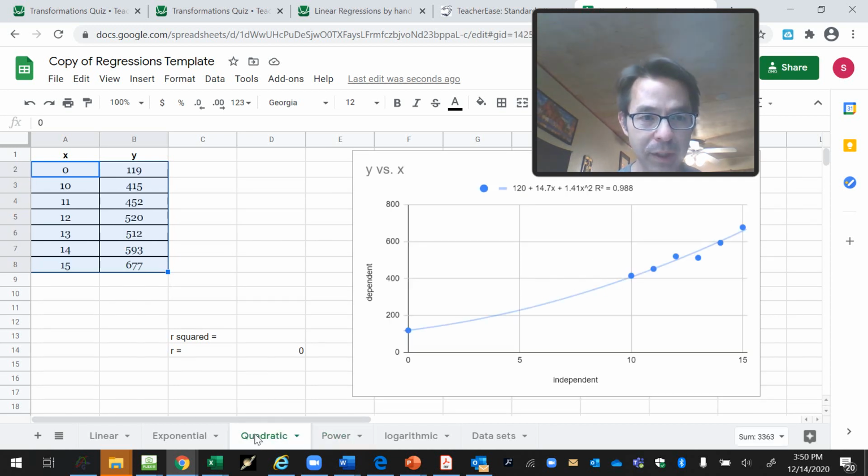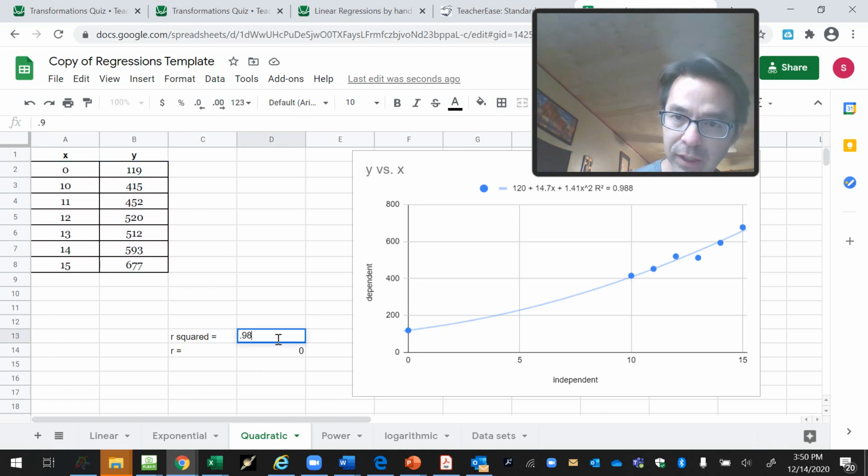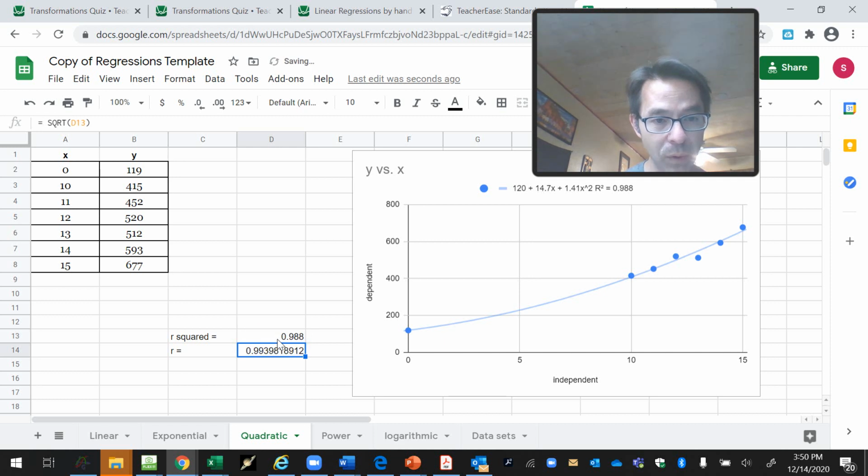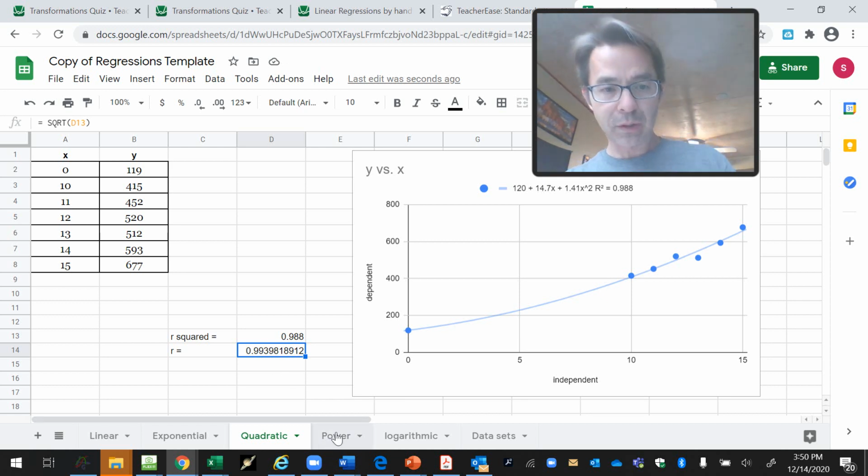Let me go back to quadratic. So you have to take this R squared value, 0.988, and you have to manually input it right there, 0.988. As soon as you press enter, it will square root that for you, and you get 0.994. Then you go to power,